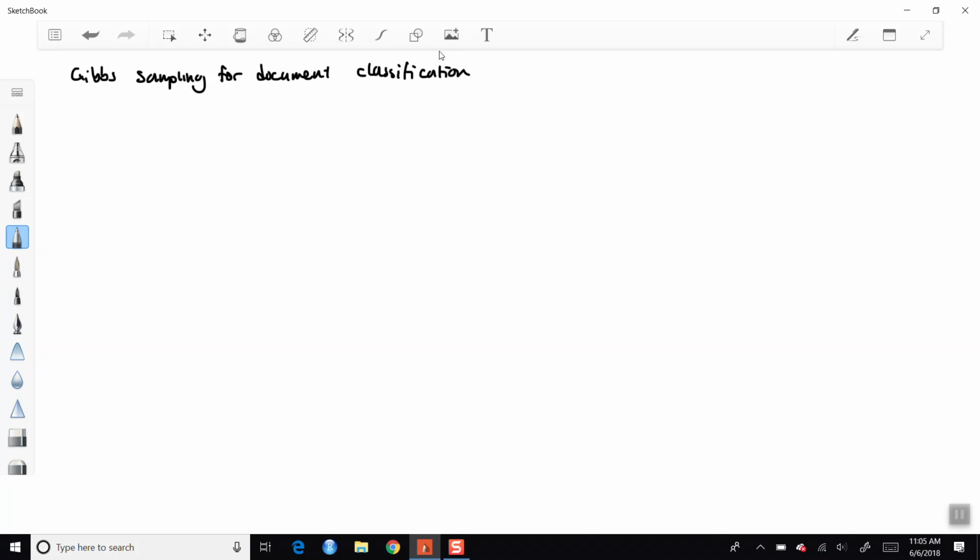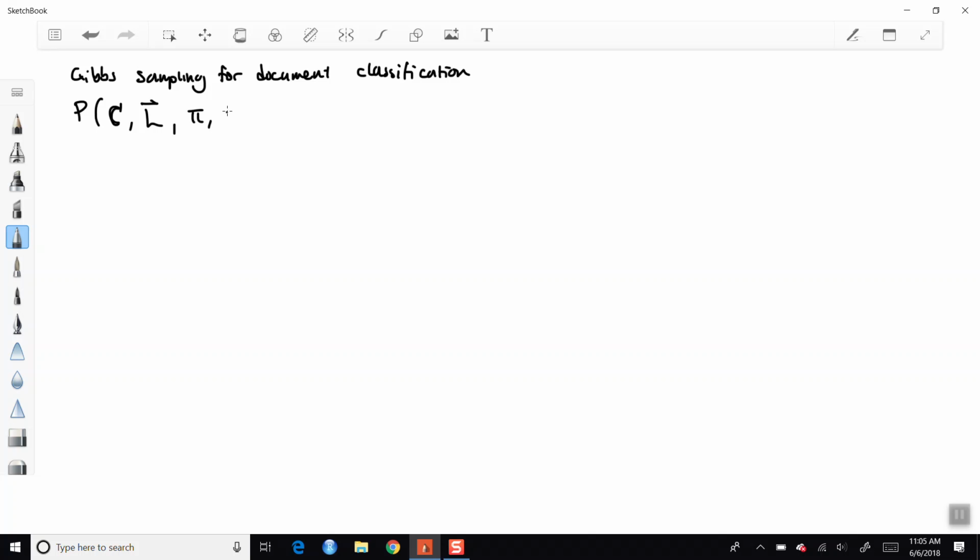Because of the hierarchical nature of our model, we are able to factor our joint probability over everything into a series of conditional probabilities, which makes it suitable for Gibbs sampling. So we've got the probability of our entire corpus, and the vector of labels,